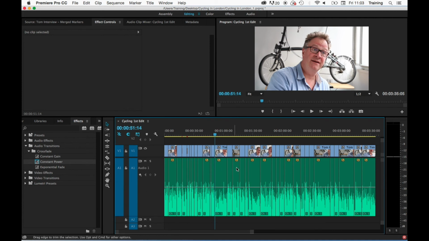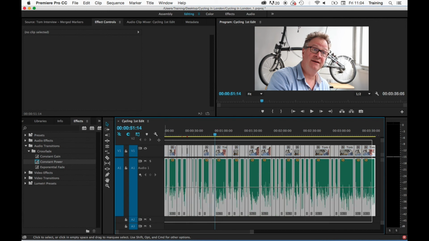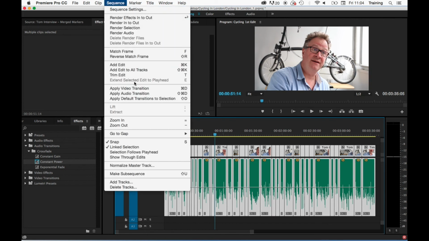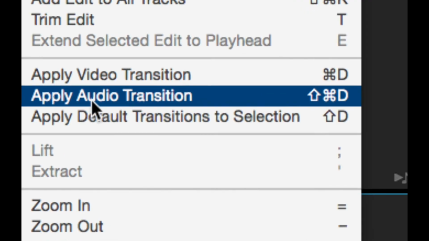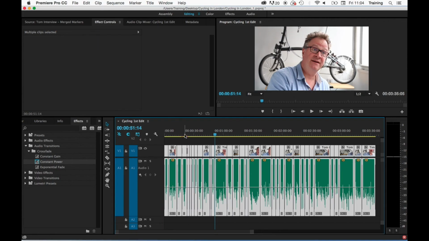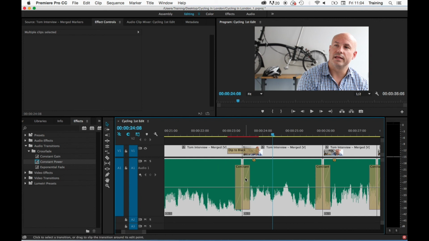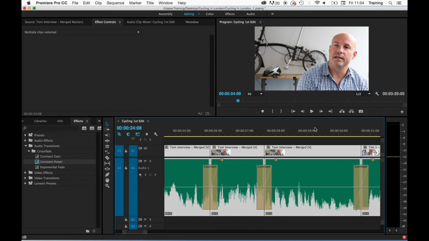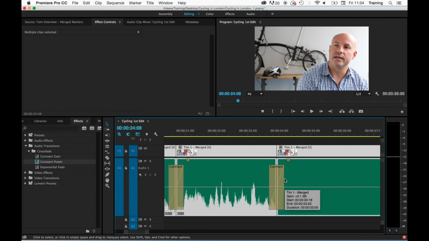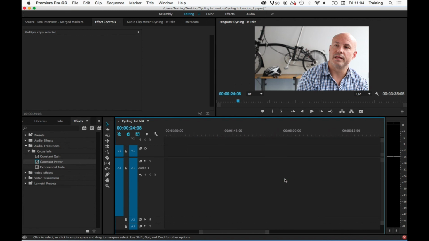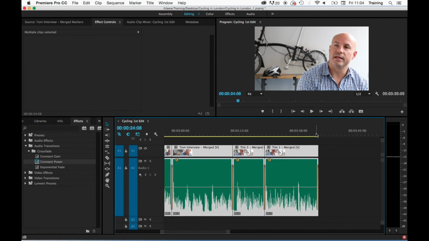To apply this to all of the clips in my edit, I first of all need to select them. So I'm just going to use the shortcut Command A on my keyboard to do this, or you could also quite happily just click and drag a marquee over the clips that you wanted to select. Then I'm going to go back up to the sequence menu and I'm going to choose that same option again, apply audio transition. This then puts the default audio transition, which is now a constant power 12 frame transition, on all of the audio edits on my sequence, including the start and the end of the first and last clips